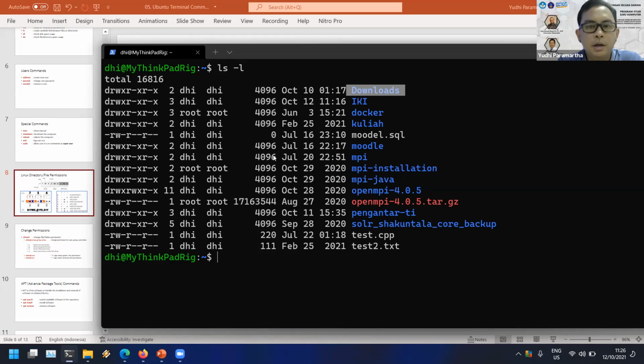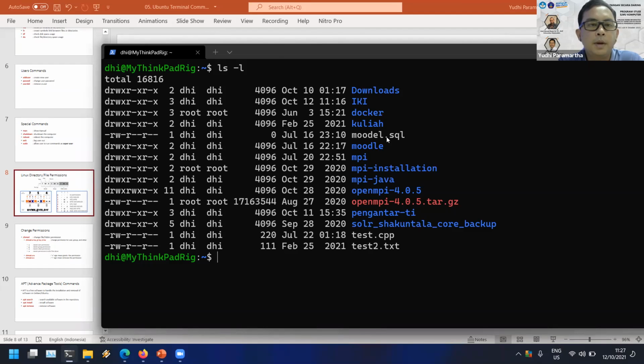Okay. Because maybe there is a question about the file extension. For example, Moodle.sql is the file extension of the Moodle file. But Linux treats all extensions the same.